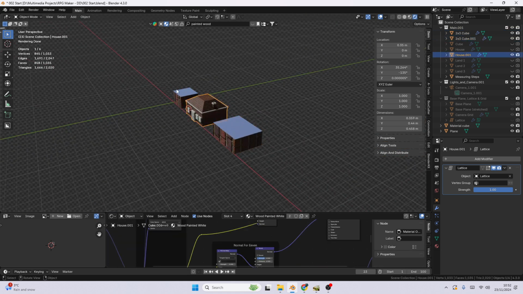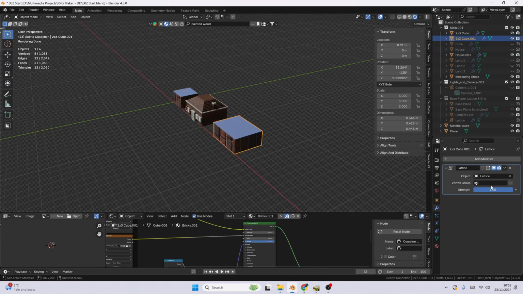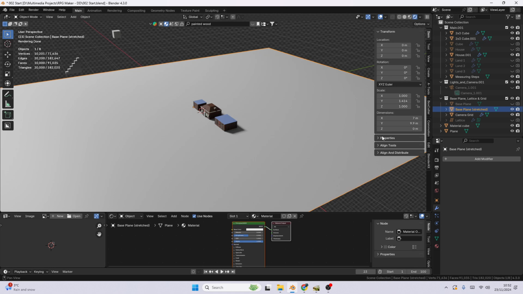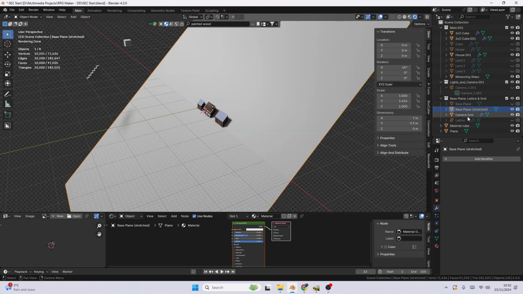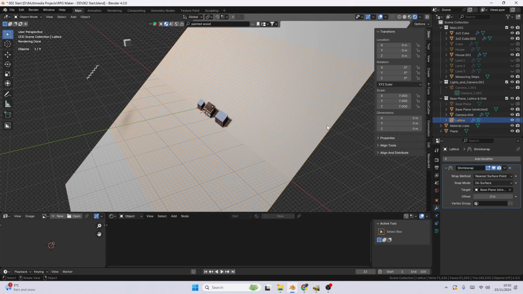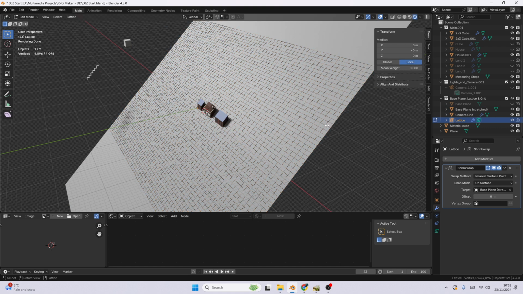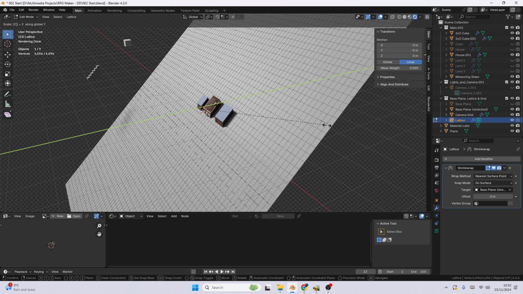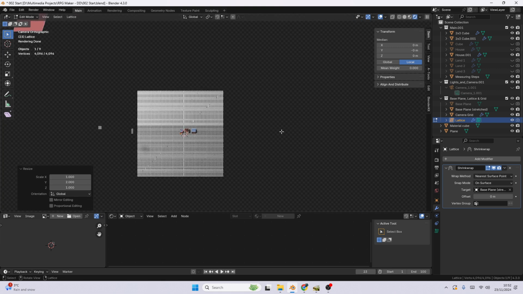And each of these models are connected to the lattice, which is a kind of deformation tool with a modifier, which is easy to learn in Blender. So you just attach them to the lattice, and then of course you enable the ground plane. You rotate the ground plane by precisely 45 degrees, easy peasy, and then you take the lattice and open it up so that you can see it. You select the lattice, click into edit mode, press A to select all of it, S to scale along the y-axis by 2, press enter, and then you can see in the